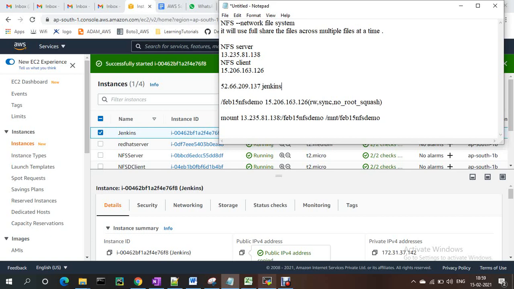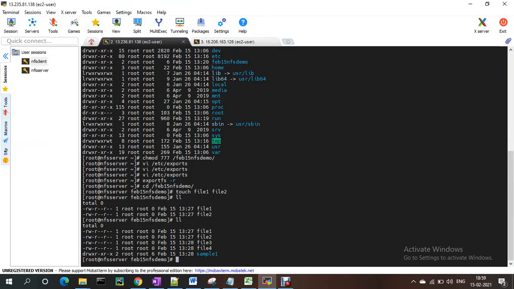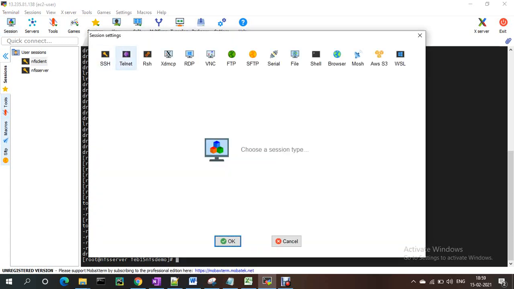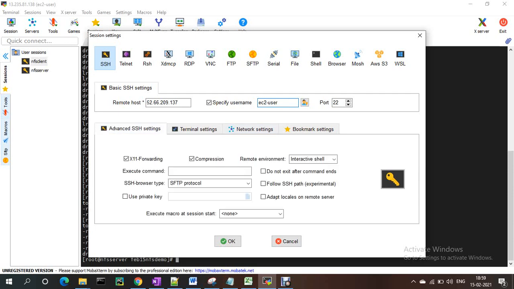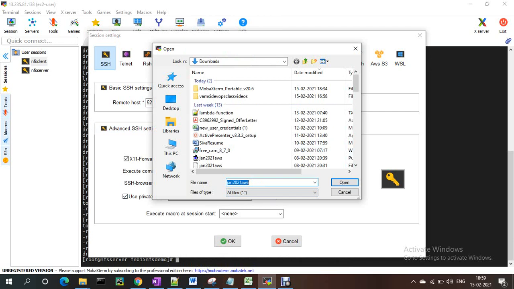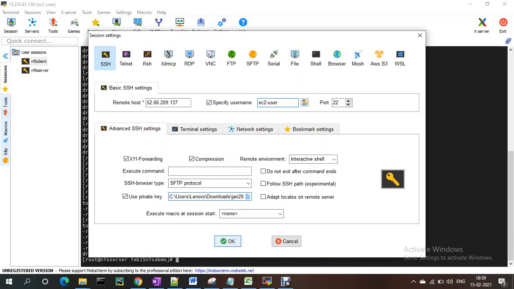I'm logging in to the server, specifying the name, this should take one user, and I'm giving the PEM file.